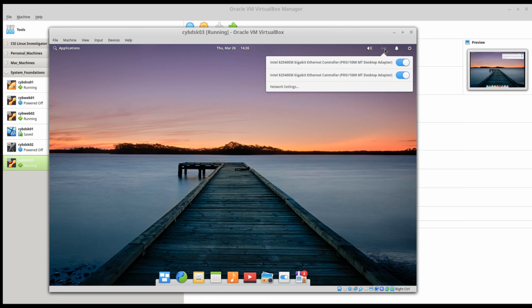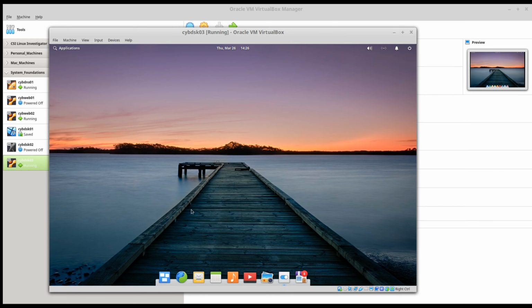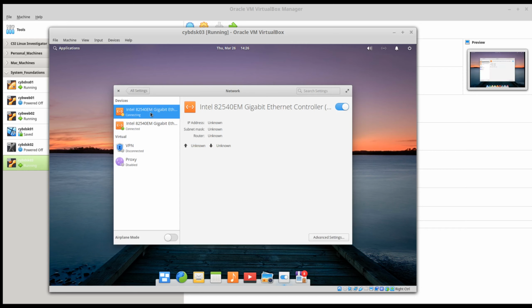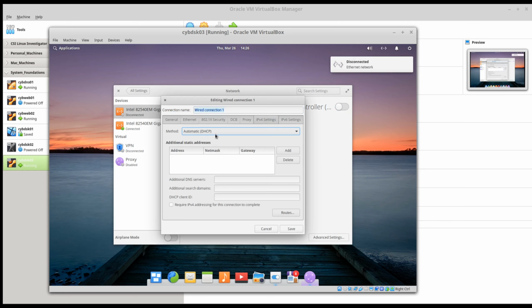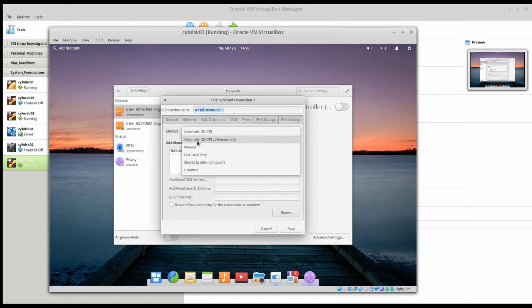Let's go ahead and look up here at our adapters. And so we see those adapters there. We know that we've got 2 of them. We're going to go to network settings. On the network settings on our first adapter, we need to go to advanced settings, and we need to change the DNS. So we need to go through to IPv4 settings, automatic yes, and this right here, automatic DHCP addresses only. We'll try that. And the DNS servers will do